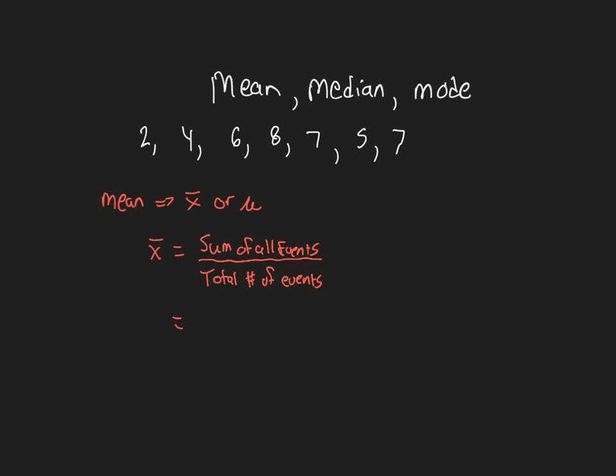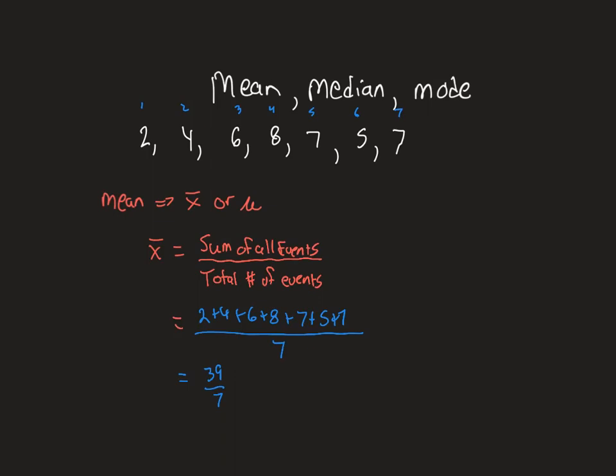So, 2 plus 4 plus 6 plus 8 plus 7 plus 5 plus 7. And on the bottom, well, total number of events. Well, how many numbers were there? There was 1, 2, 3, 4, 5, 6, 7. So there were 7 numbers. So let's get adding here. So 2 plus 4 plus 6 plus 8 plus 7 plus 5 plus 7 is 39